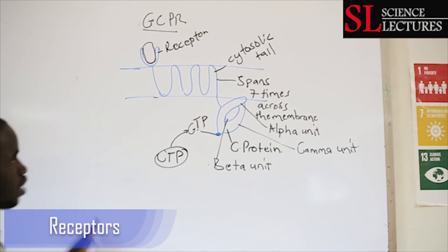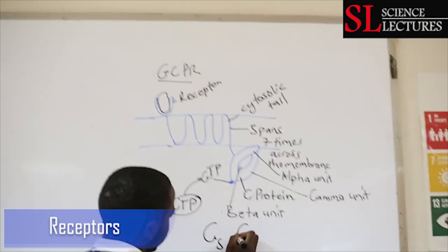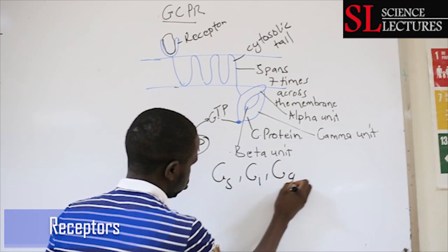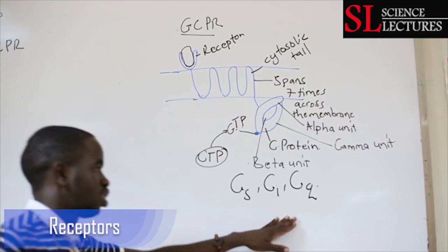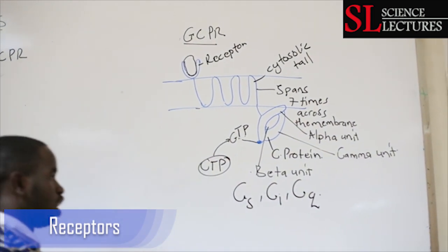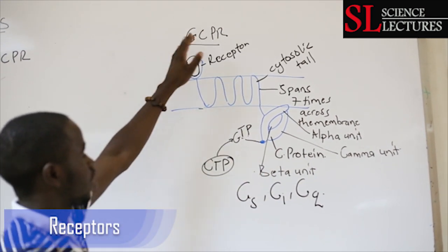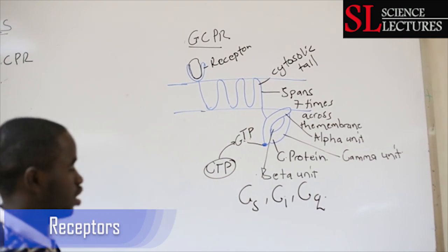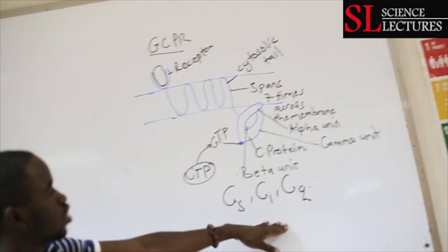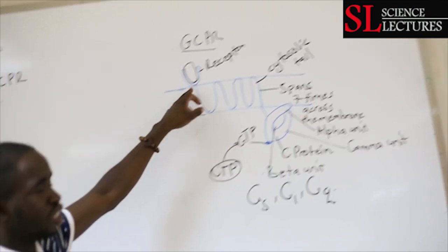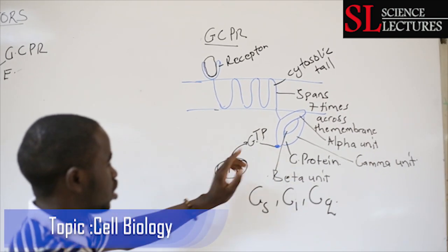Another thing important to note, we have 3 types of G-coupled protein receptors. We have GS, we have GI, and GQ. But for purposes of learning today, we are going to look at the GQ and GS. Yes, the GQ means guanonucleoside coupled protein receptors, but specifically of Q. They function in such a way that we shall have a receptor binding on the cell surface membrane, the cytosolic tail shall be activated,